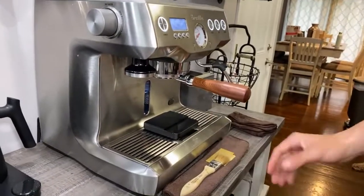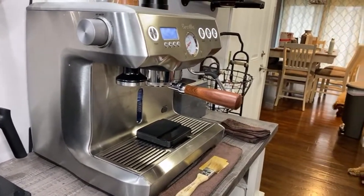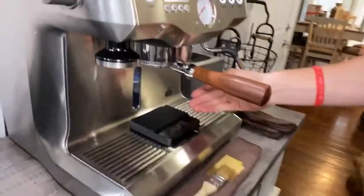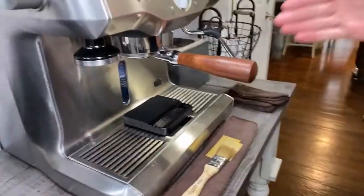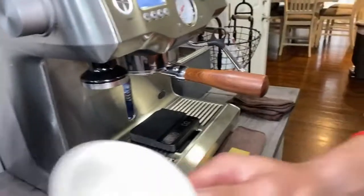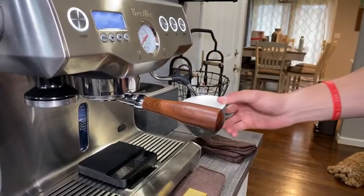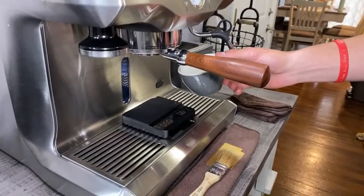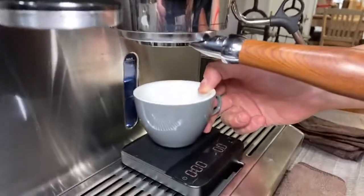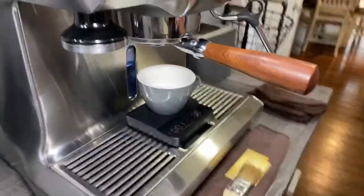If you guys don't already have a scale of any kind, I have a scale that I bought from Amazon, which I'll show you after. It's about 15 bucks. This one's a little bit pricey. It's $225. It's the Acaia scale. Definitely love the scale. I would not regret purchasing this again. However, it is a bit expensive, and I know that it can be quite a bit for beginners just getting into their machine, so I will give you guys a cheaper alternative. So if you want to get underneath for the extraction,